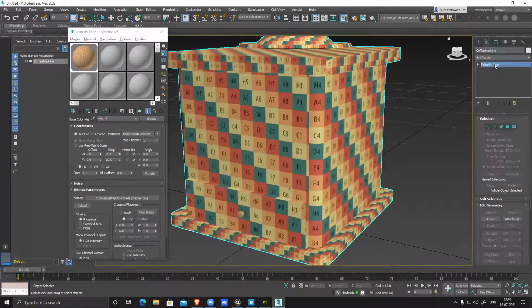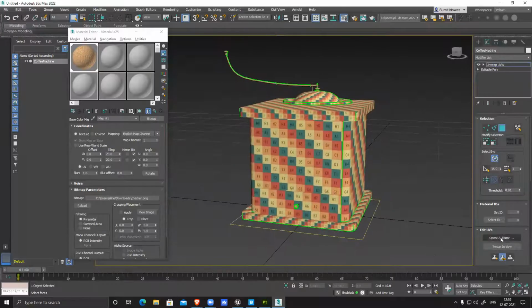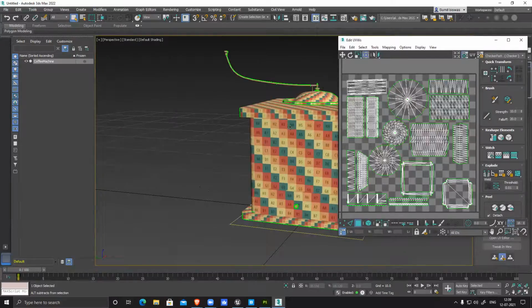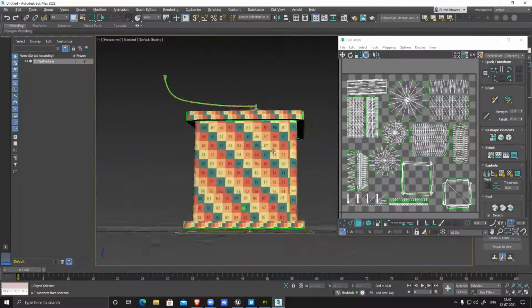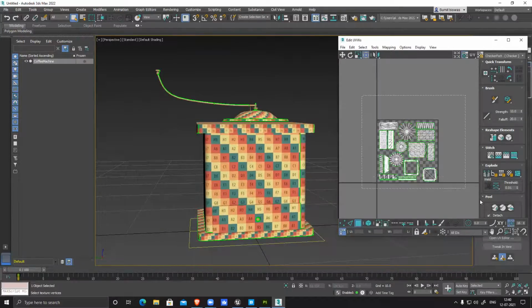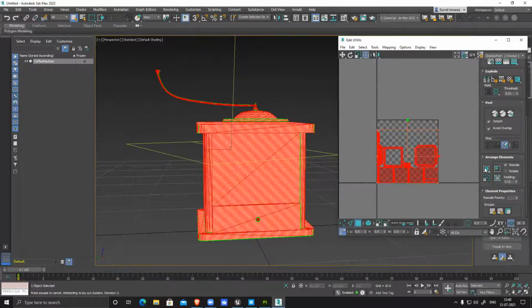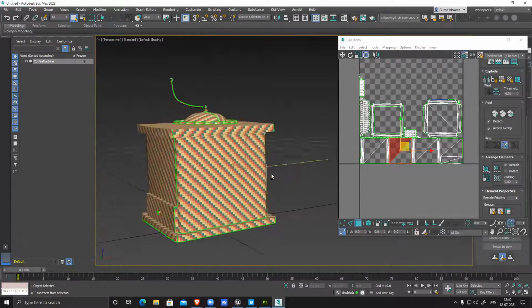So if I do the UV, for this you can see all the seams and everything. As of now, I can see my checkers are not equal. So first thing first, I select everything, rescale, fix this. So now you can see this one becomes so big. Yes, sir. So now all the checkers are equal.